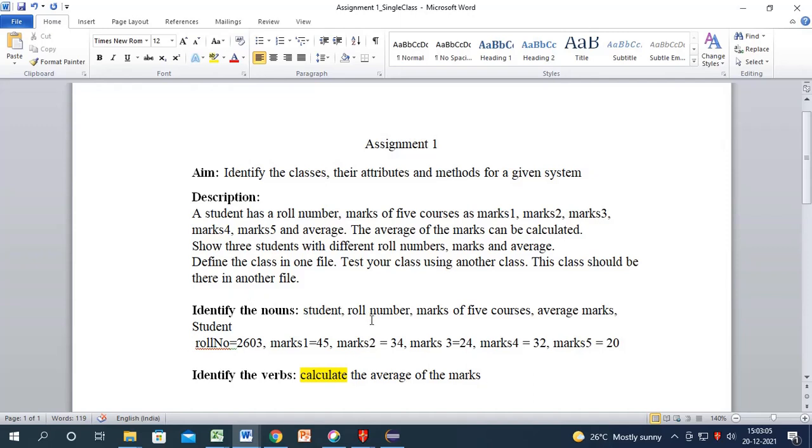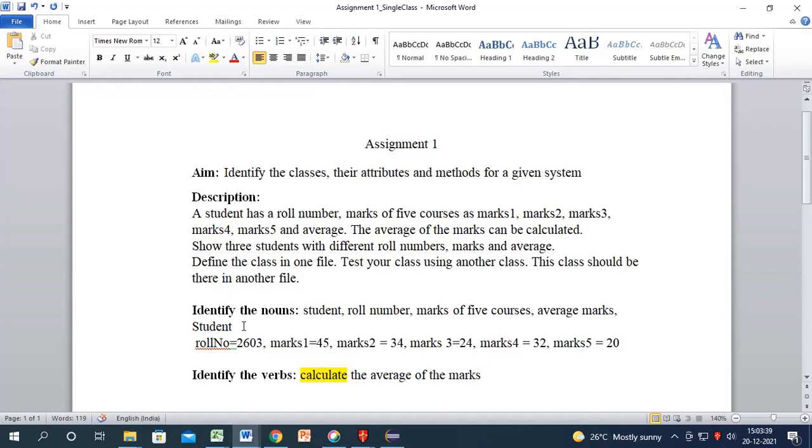Our conclusion is, out of student, roll number, marks of 5 courses and average marks, what is it you feel gives the feeling of a completely known fact? See, just saying roll number and nothing about marks will just give you the roll number. Roll number and marks of 5 courses will give you the information about the student completely, because after you know the marks of 5 subjects, you can very well calculate the average, right?